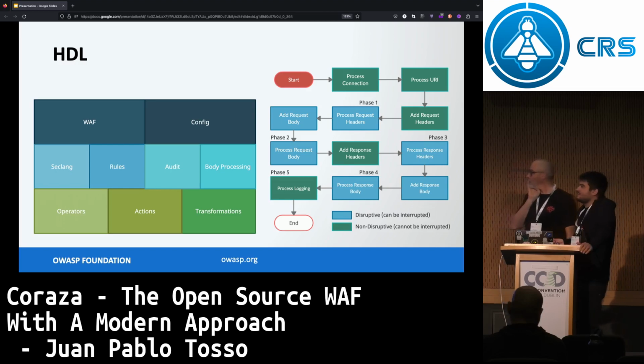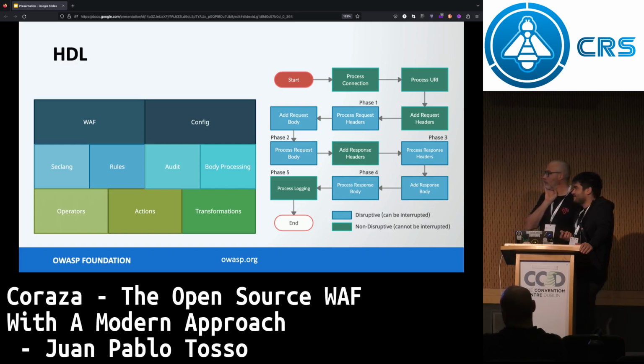So, well, similar to ModSecurity, you will process the request headers, and here we will be on phase 1. Add request body is also disruptive because, well, there's a setting in ModSecurity that if you pass the request body limit, you can block. So that's why this action is disruptive. And process request body.